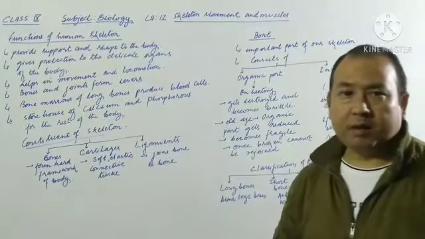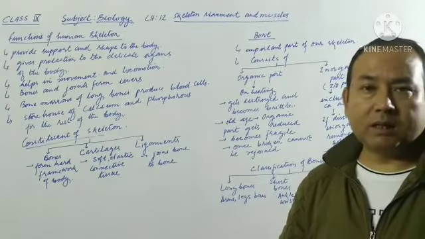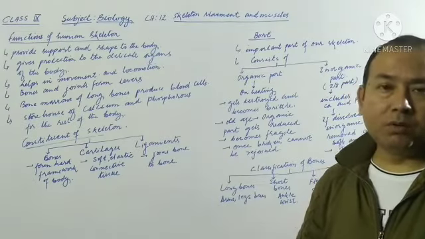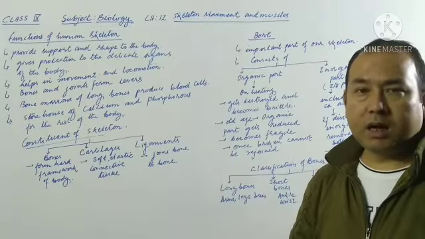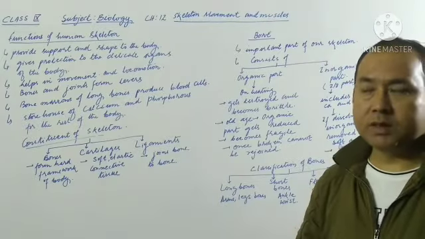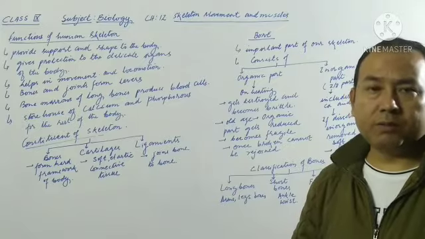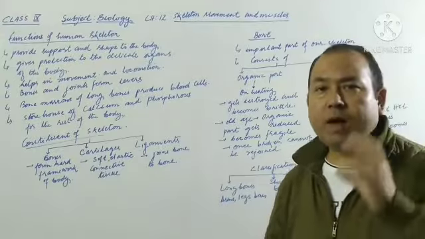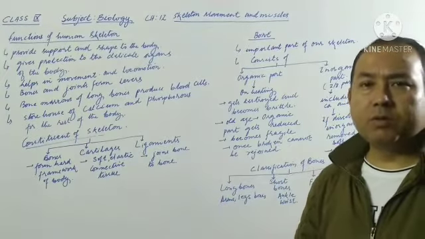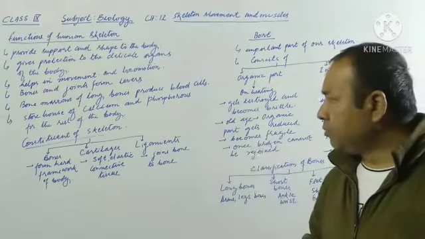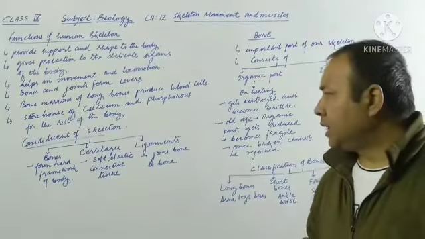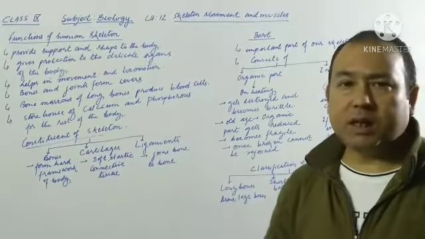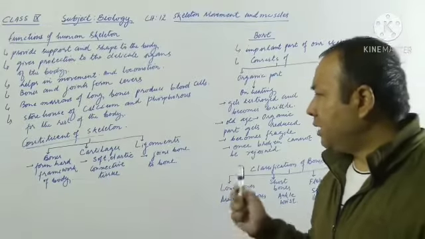As we know, bone, which is the main part of the skeleton, is mainly formed of calcium and phosphorus. To strengthen our bones, we are always advised to take a diet very rich in calcium and phosphorus. So bones are the storehouse of calcium and phosphorus, which are stored there and can be used by the rest of the body whenever required. Then after that comes the constituents of the skeleton. The human skeleton is mainly formed by three different things.